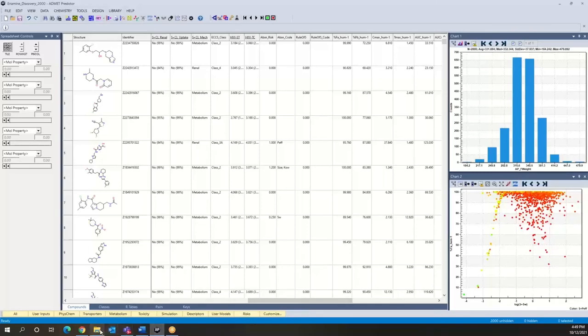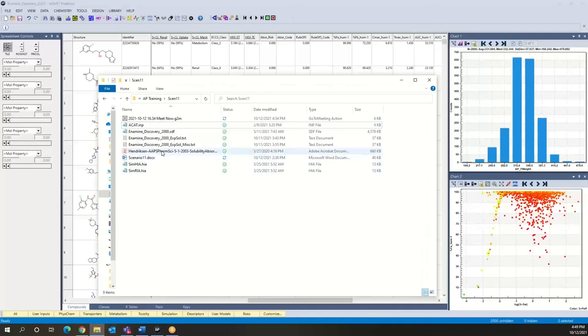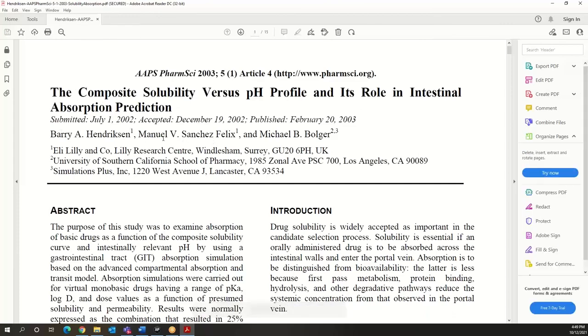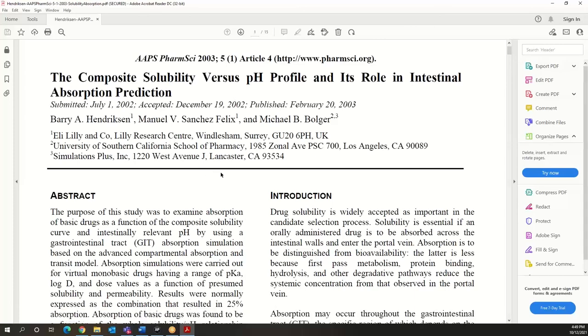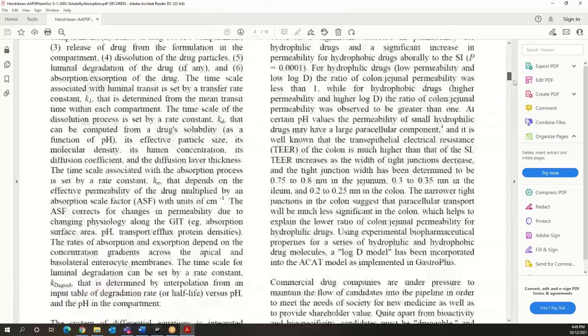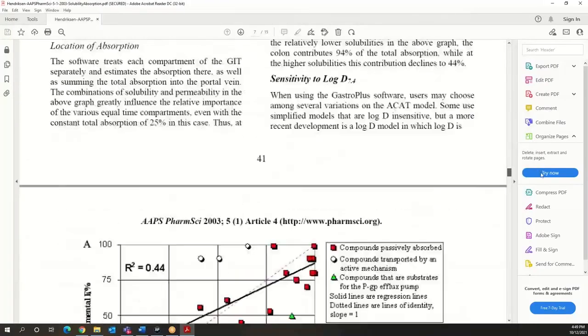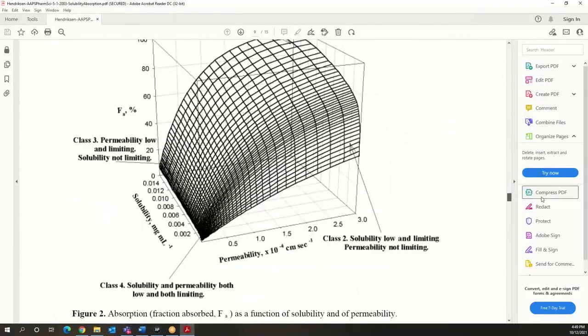There's actually a very nice paper by Hendrickson and co-workers, which I will show briefly. And so it's by Hendrickson, Sanchez Felix, and our own Michael Bolger, who just retired from our company, was with us for, I think, over 26 years, and contributed to this paper, which makes a very similar analysis where you actually have the three-dimensional plot. What I showed you was essentially 2D projections of